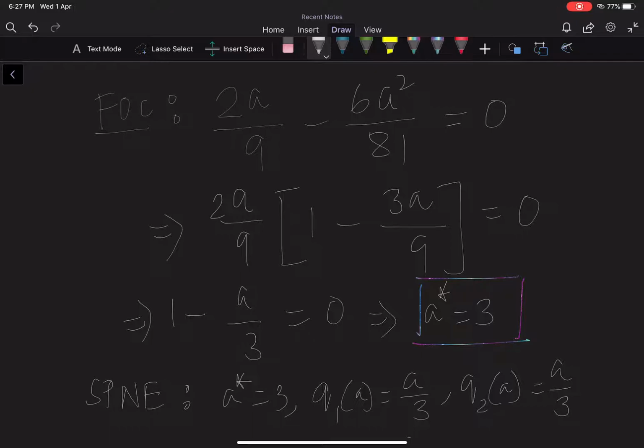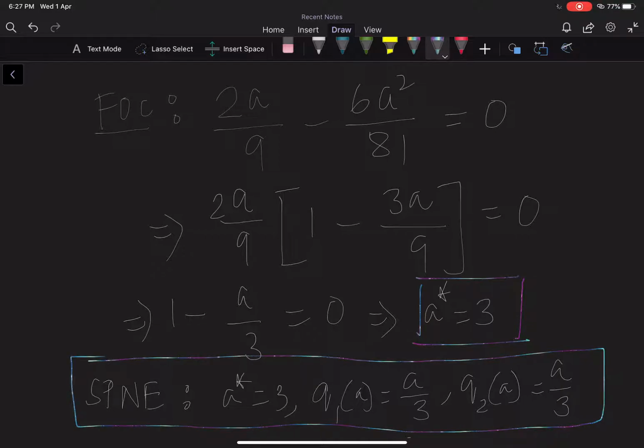Of course, in equilibrium, A star will be 3, which means Q1 and Q2 will be 1, right? But this is the general strategy. Okay, so this gives you the subgame perfect Nash equilibrium. So this is another example in the oligopoly structure. Let me move a little bit